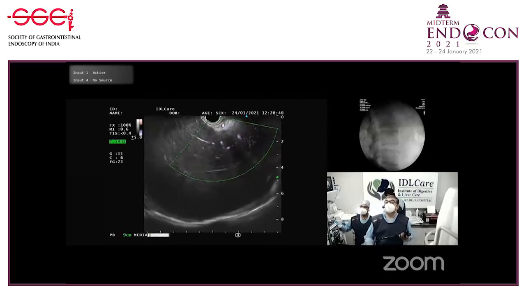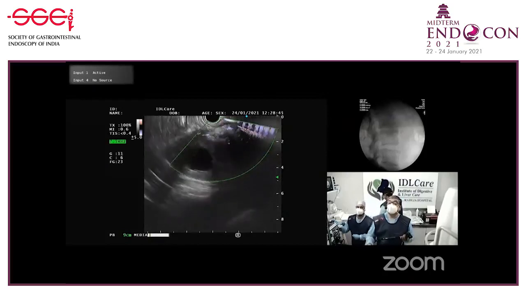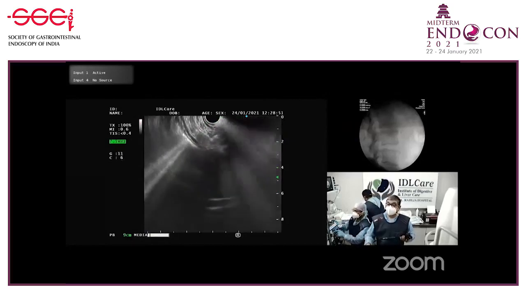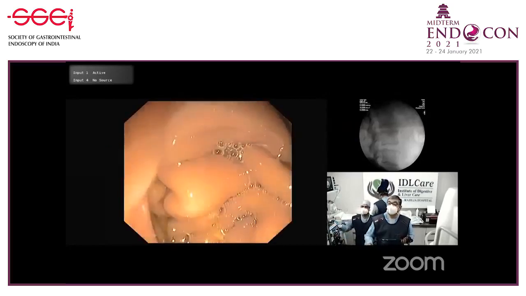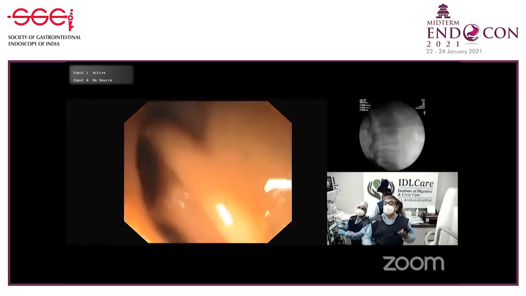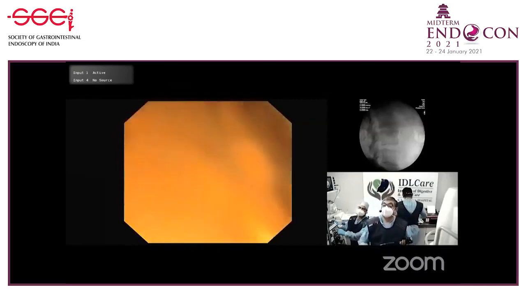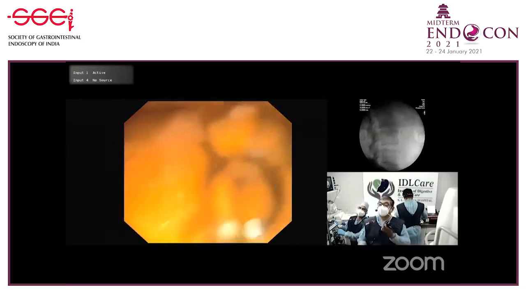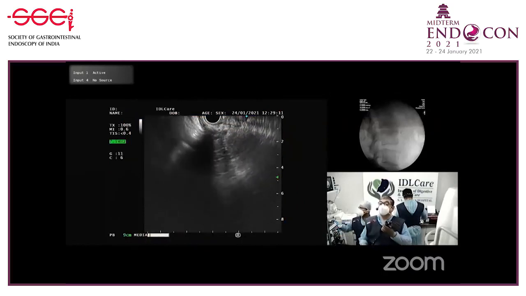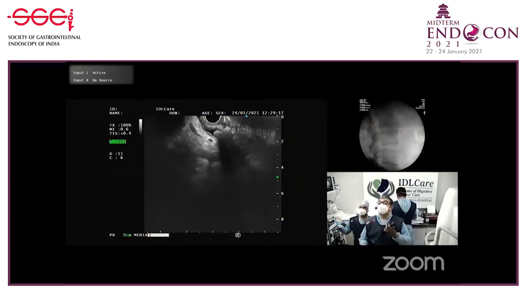Okay, so you have so far CBD stone, dilated CBD. Let us quickly go to the ampullary area. Endoscope. So we'll go to the duodenum and see what is happening to the bile duct close to the ampulla. I am in the bulb. So this is the bile duct. See that in the center, and you can see a stone. There is a stone. Freeze.